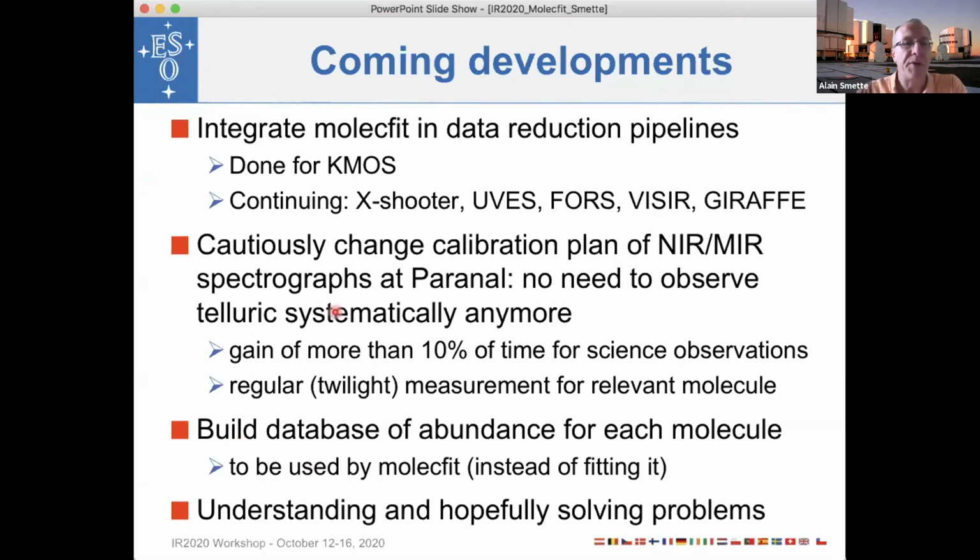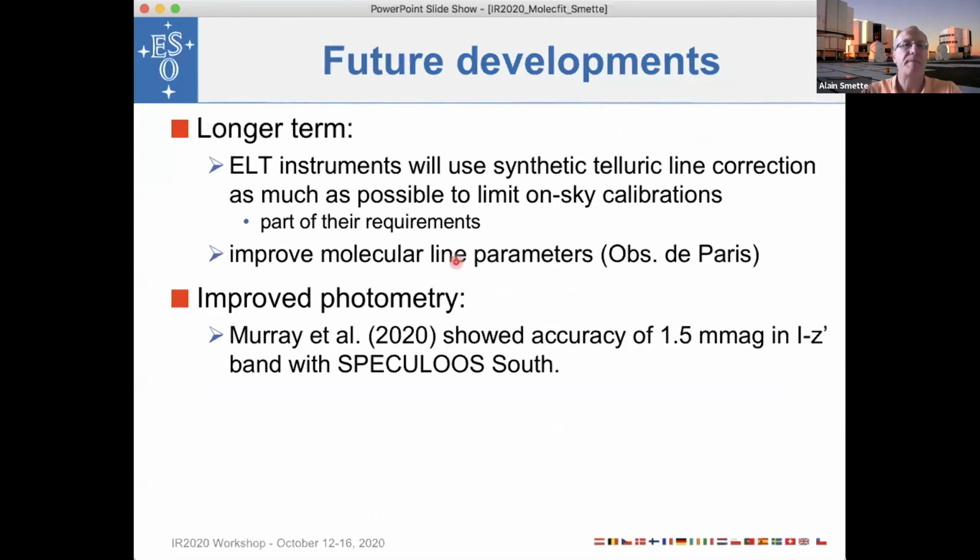We need to build a database of abundances for each molecule so that Molecfit can pick the right value for the corresponding night of observations. But in order to do all this, we need to understand and hopefully solve all the problems that we face. On the longer term, we have the ELT instruments like METIS, which, as part of the requirements, should avoid making nighttime calibrations. So Molecfit should be able to provide a synthetic telluric line correction, if we can indeed show that abundances of molecules